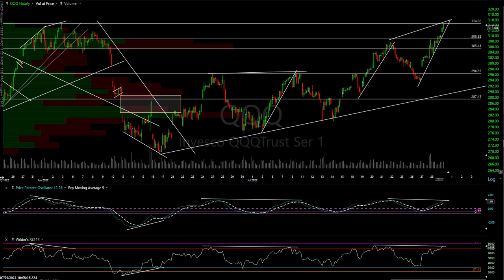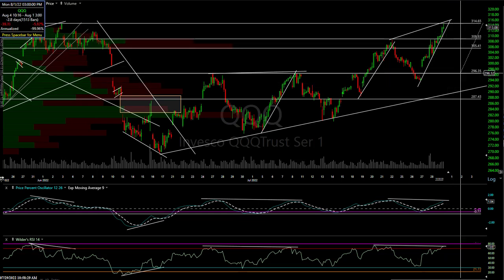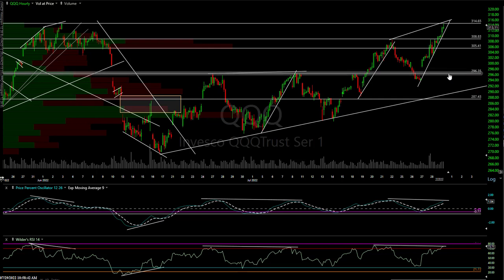There it is. Boom, boom, boom. And I think again, oh yeah, I was going to measure it for you. I grabbed at the highs, and I'm coming down here. If we come back and test those highs, that's around 296.35. There's your 5.8% drop right in the middle. I said before, these drops range from 5 to 7%, so that splits the difference there. There's your target. Either pans out or it doesn't. So trade it as you want, but that's what I'm eyeing right now.